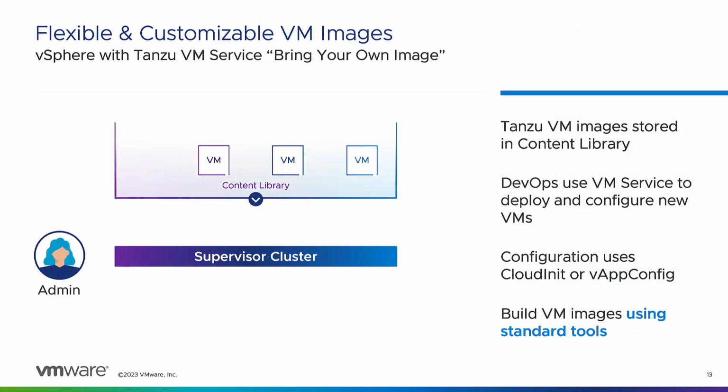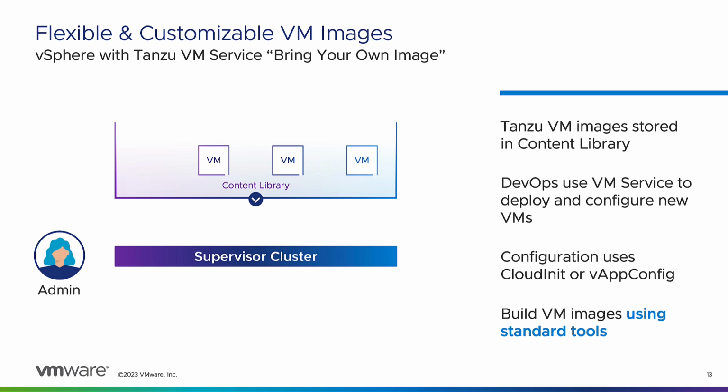Another improvement in the vSphere with Tanzu space is we're making more of an effort to support a bring your own image model. So in previous releases, you could deploy Tanzu Kubernetes clusters on Photon. Then we also introduced Ubuntu flavors. Then with the VM service, we allowed a little bit more flexibility of just traditional virtual machines being deployed. And now we're bringing that a little step forward with our bring your own image model and the improvements to